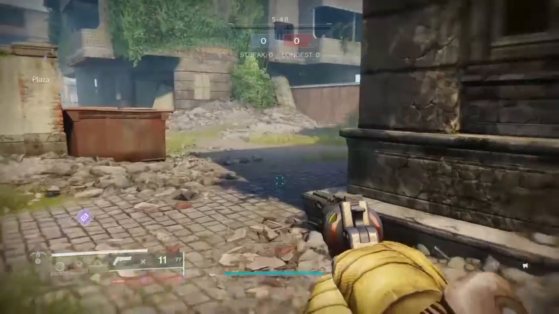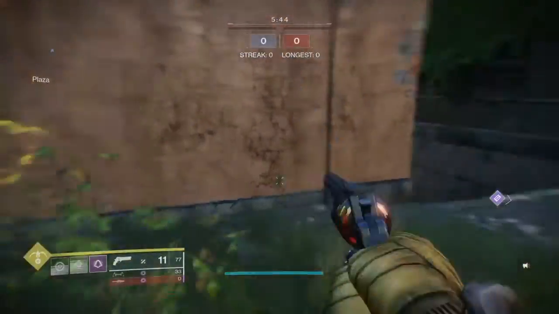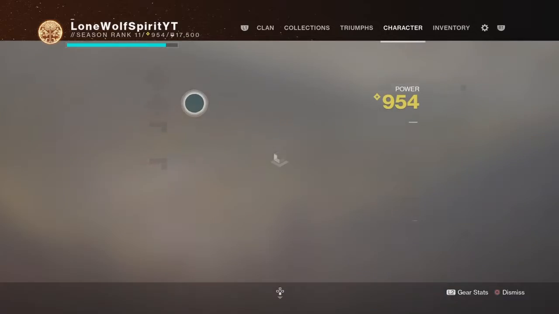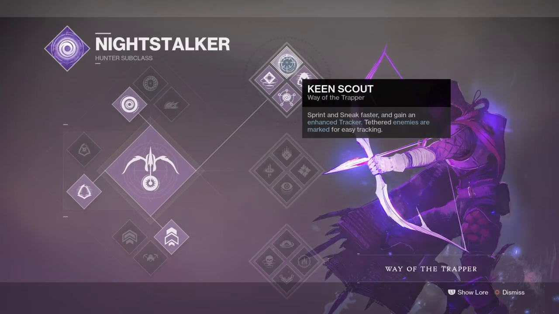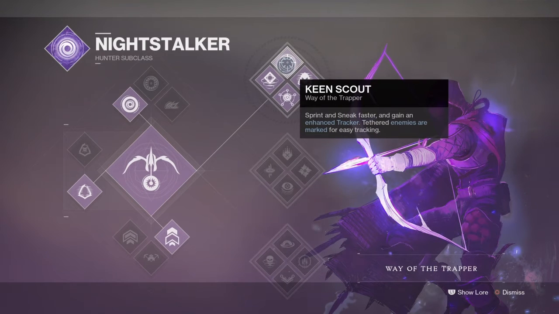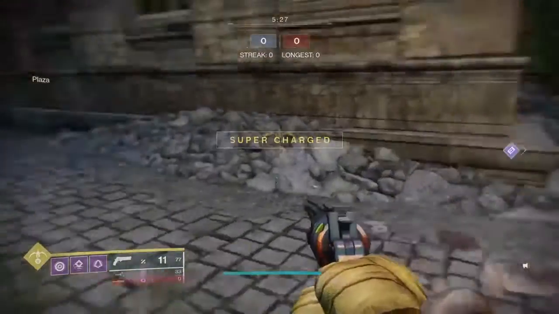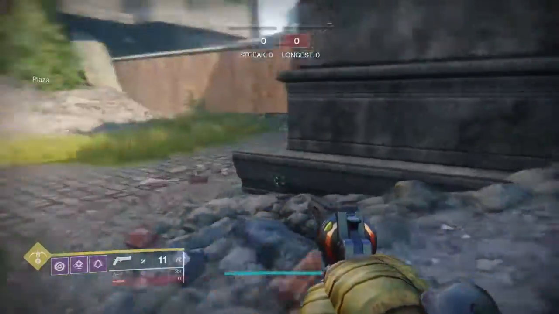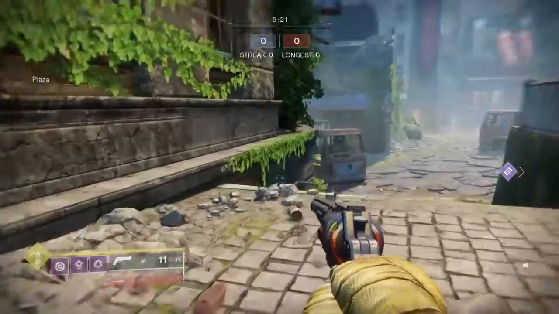And this is a good ability for a good super too, because this one also grants a speed boost, but hear me out. It has something different to the other one, Keen Scout. You can sprint and sneak faster. It may not look like much, but it's a big help if you're trying to peek corners while you're